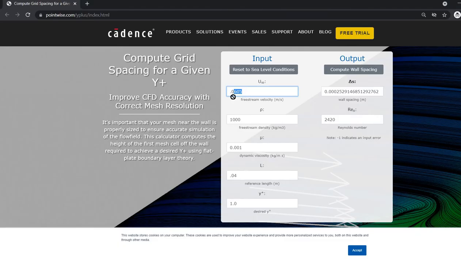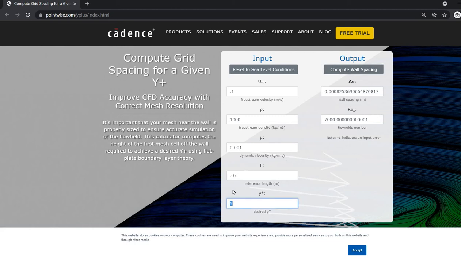So I am going to enter the velocity as 0.1, the diameter as 70 mm, and compute. You can see the Reynolds number is 7000. If you enter wall y plus equal to 5 and calculate, we can get the viscous sublayer height. So the viscous sublayer is up to 0.825 mm from the wall.